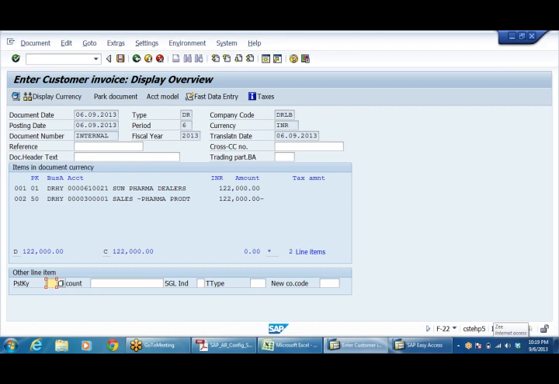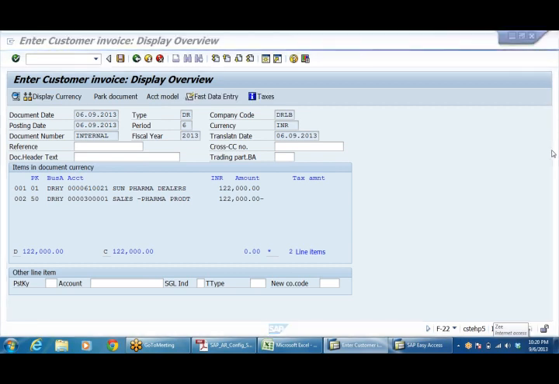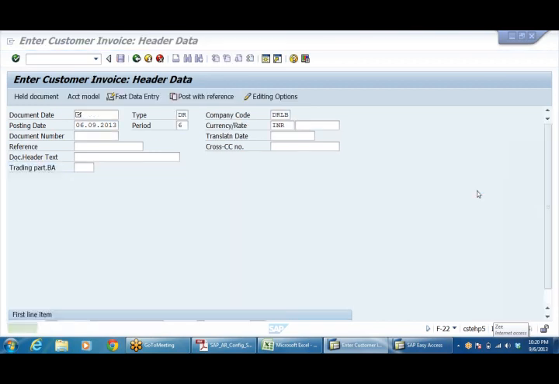Sun Pharma debit, 50 credit sales. Save it. 18 lakhs one posted.